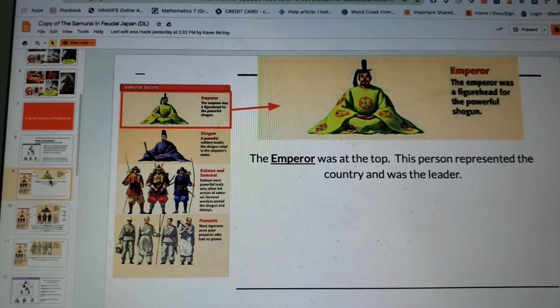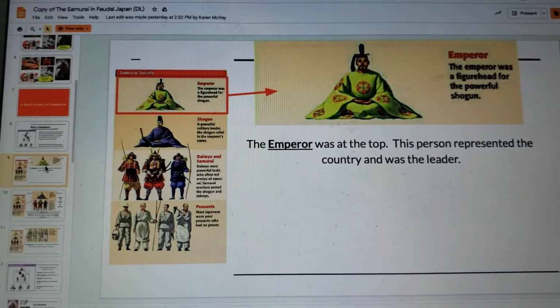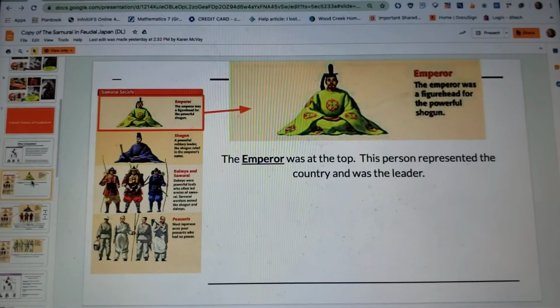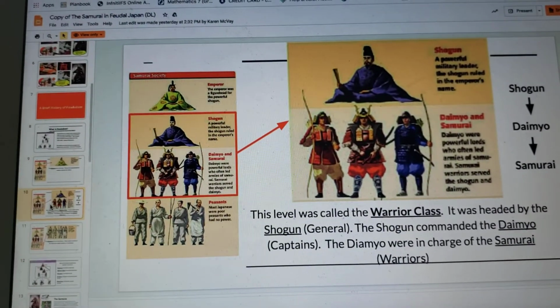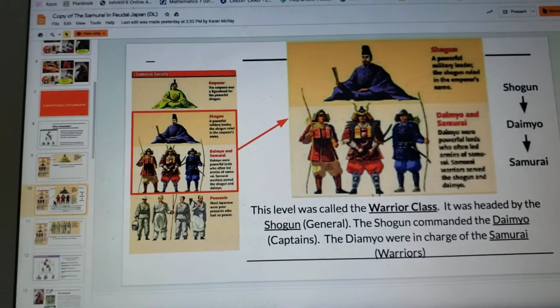The emperor was at the top. This person represented the country and was the leader. As we mentioned earlier, the figurehead for the most powerful shogun. If we go down to slide 10, all right, so the second level here that this arrow is pointing to